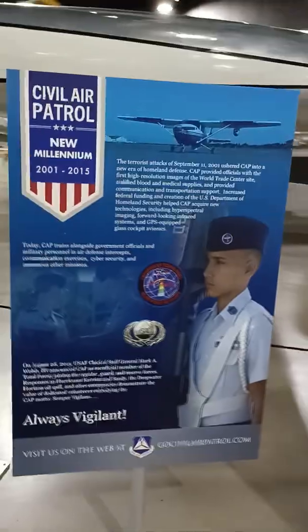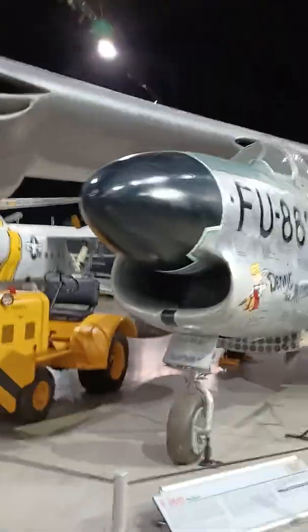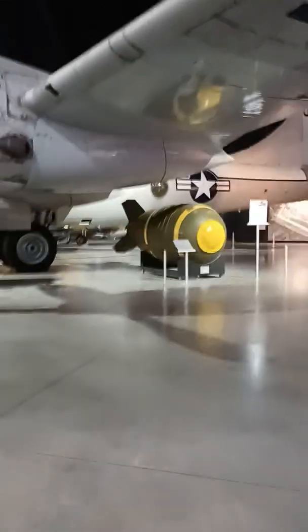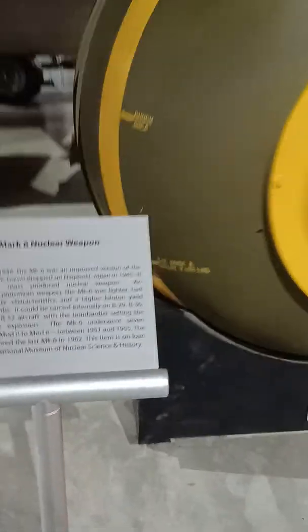If I go back, I can actually go see the Fat Man. The bomb, not some fat guy. Not over here, but like back a little farther in the museum. Oh, I think that might be like... This isn't the Fat Man, but it's the Mark VI. I think it's Mark VI or...